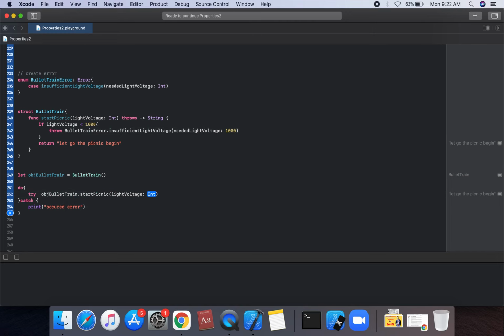So light voltage, suppose which has, the throw statement, we can use the throw statement, and light voltage of type startPicnic, suppose which has light voltage 100, and we can use the catch statement block.